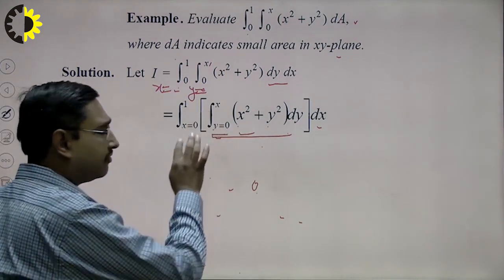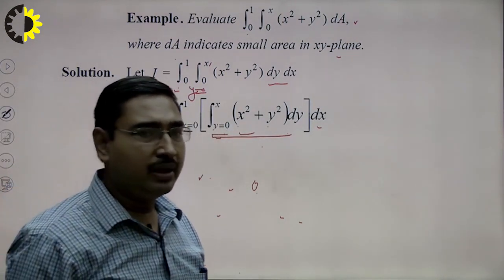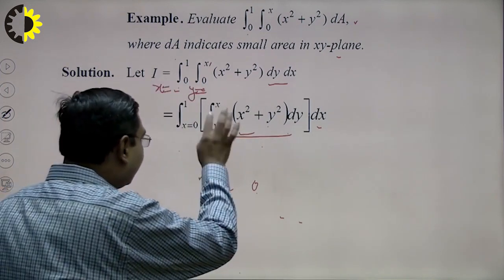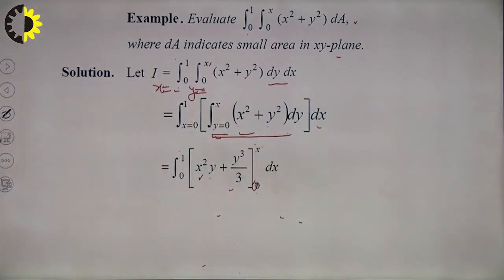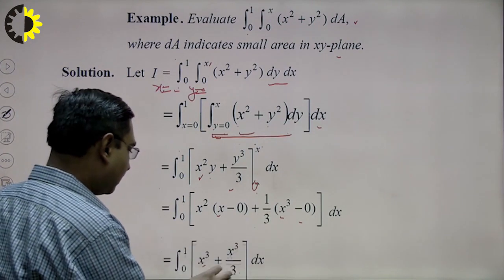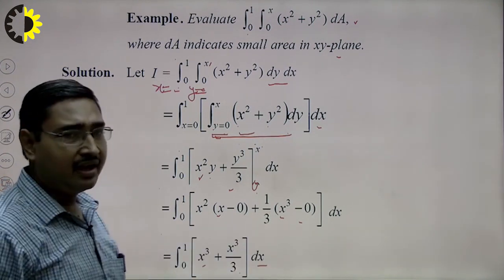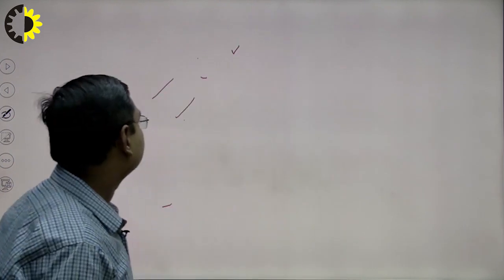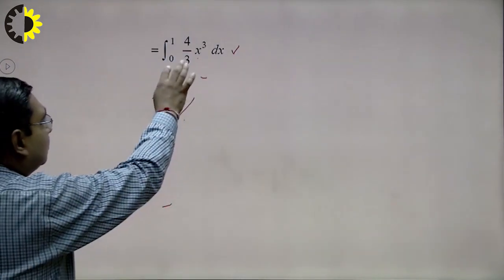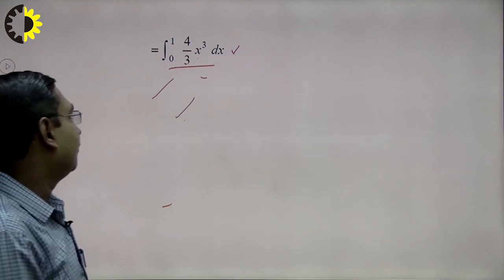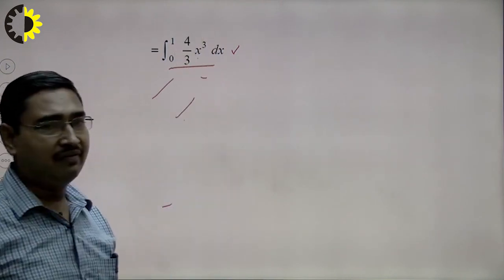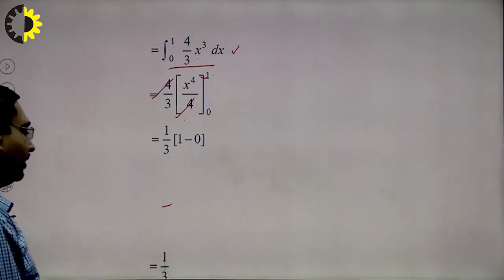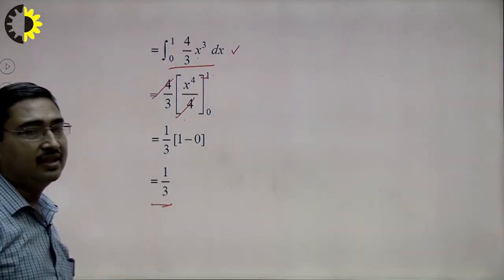Because limits of y are occurring inside, integration will be first performed with respect to y. Integrating with respect to y, I obtained this expression. When we were integrating with respect to y, x was treated as constant. Now, simplification provided us with a simple definite integral. It was evaluated by the usual process, and I obtained the value of this integral.